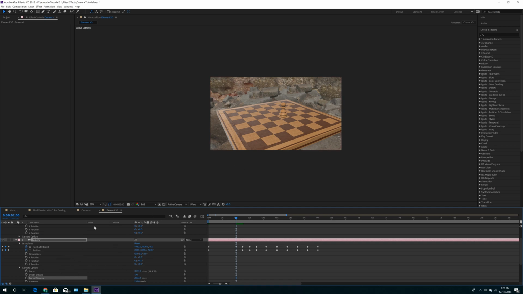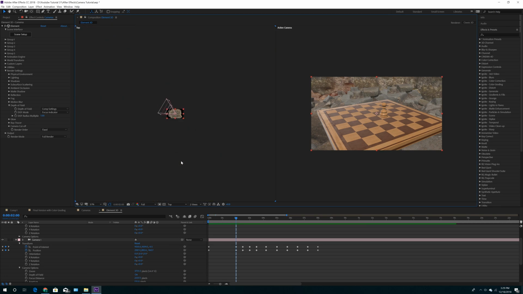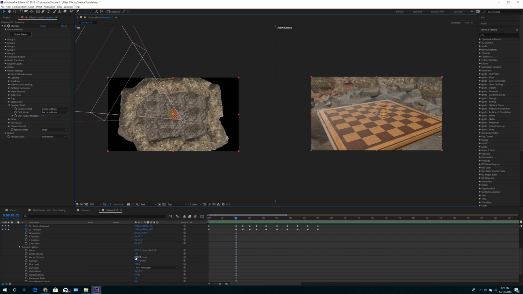So how do we fix this? Very easy. Go to your 2 view and click here, and make sure you go to your top view. Zoom out, and then remember this right here. It's pretty much this right here, the focus distance. Okay, so you want to take it down